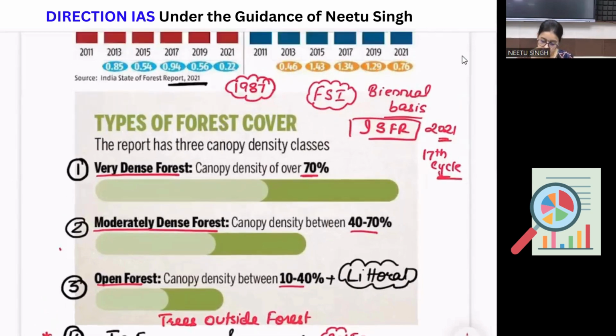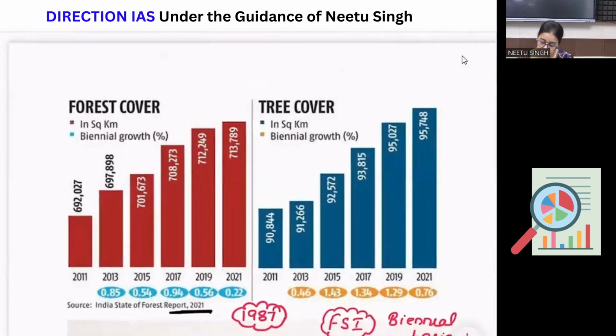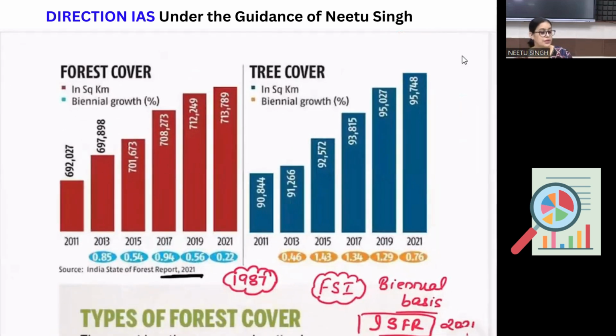4 कैटेगरीज। अब जरा इस इमेज को देखो, ये बताया आपको फॉरेस्ट कवर, ट्री कवर। बाइनियल ग्रोथ फॉरेस्ट कवर का कितना है, ध्यान से देखना, 0.22। ट्री कवर का कितना है? 0.76। ट्री कवर का मतलब क्या हो गया? आउटसाइड द फॉरेस्ट।